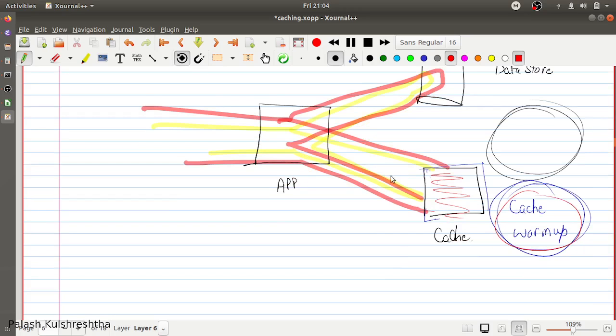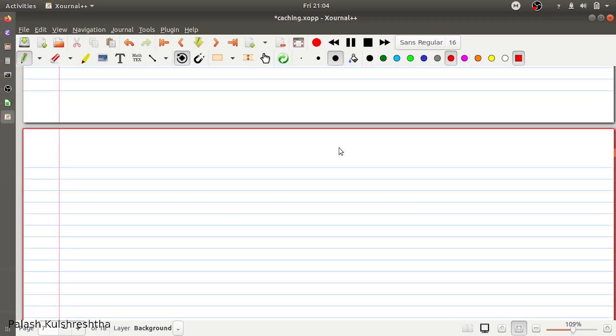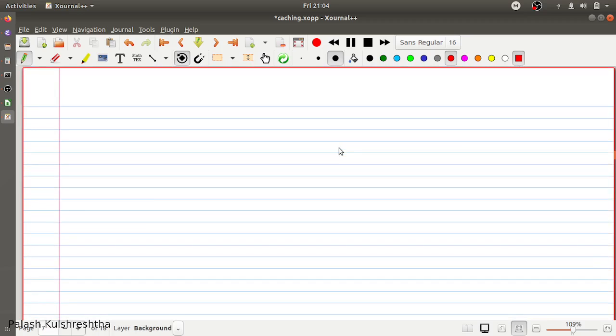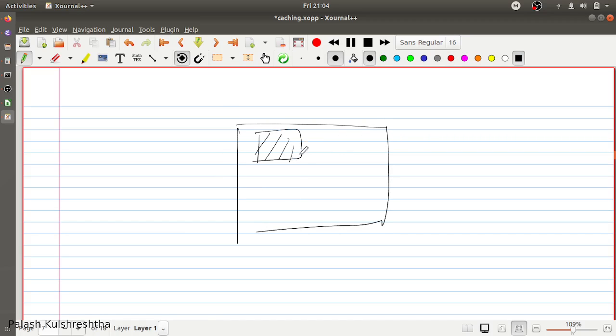We are seeing that cache is something that is external to a particular system, but that is not always the case. Cache is generally storing your data in some higher or more efficient storage mechanism so that it can be retrieved more efficiently than from your main data store. So you can also have a cache in your instance memory or RAM, as we had talked about. This is called local cache, or local memory cache.